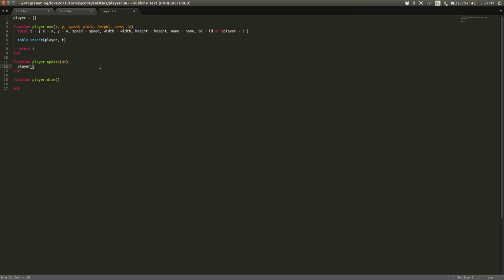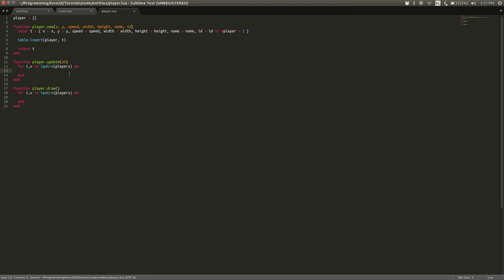player 1 dot whatever, player 2 dot blah, player 3, and then having to check if all these players exist, we can use a function built into Lua called ipairs. For i, v in ipairs(players) do end. You might have seen me do this in my speed programming video where I wrote a simple asteroid shooting game,